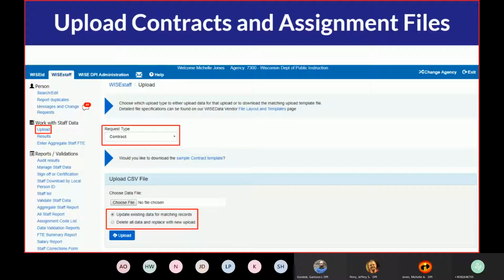What you can do is very important in how you do the upload. If you want to only update existing data for matching records, check that option. Or if you want to delete all data and replace with a new upload, check that option. Depending on what you're trying to do, it's very important that you select the correct option there, because if you delete everything, it's not going to come back. So make sure that before you hit that blue upload button at the bottom, you have the right